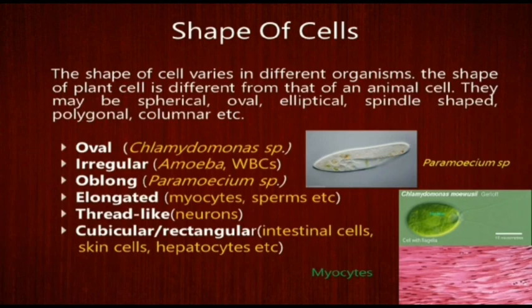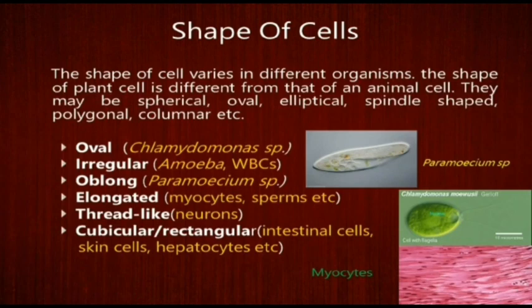Now, do you know why these cells are shaped in different ways? Let me tell you why. The shape of the cell is such that it can help in its function. For example, we know that nerve cells are long and elongated, and branched, because they need to make contact with other nerve cells and carry signals over long distances from the brain to the other parts of